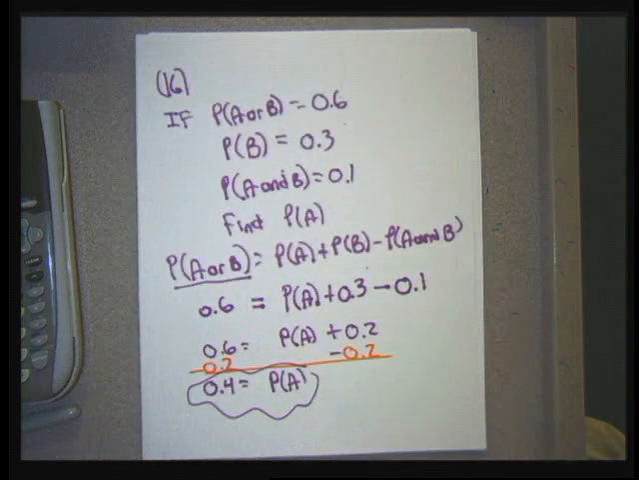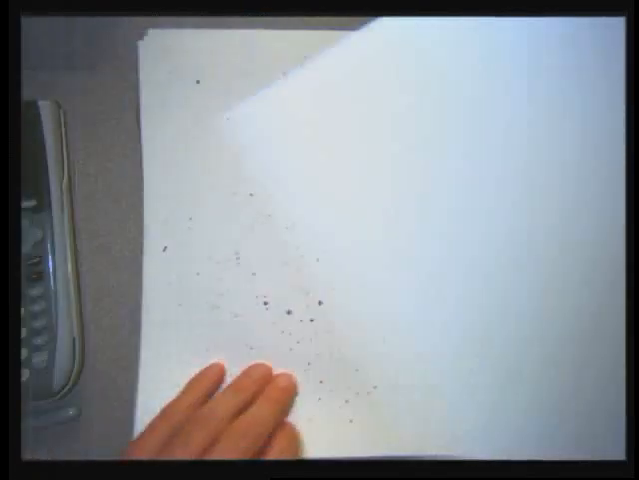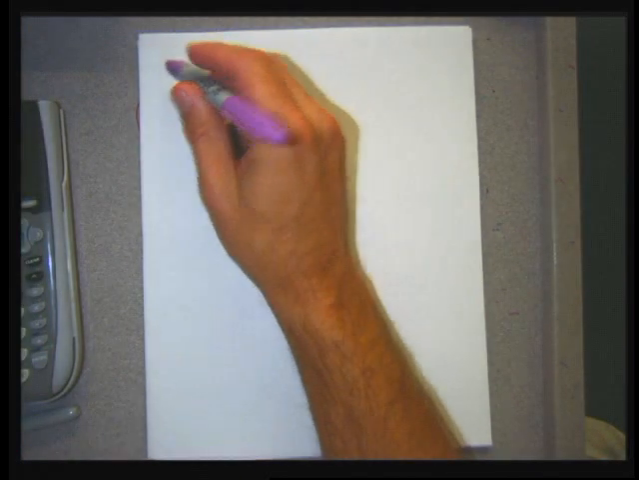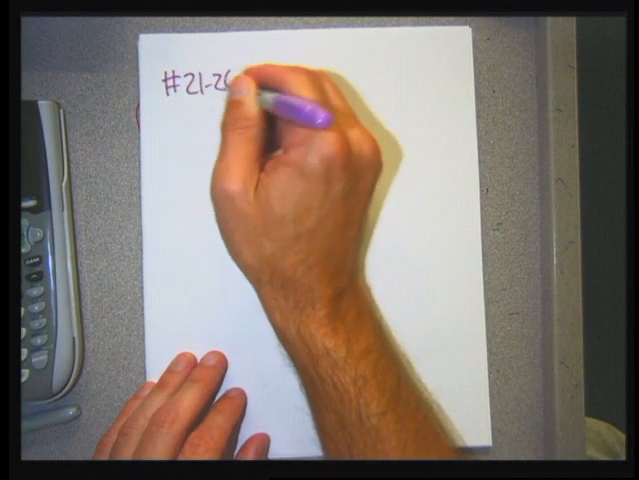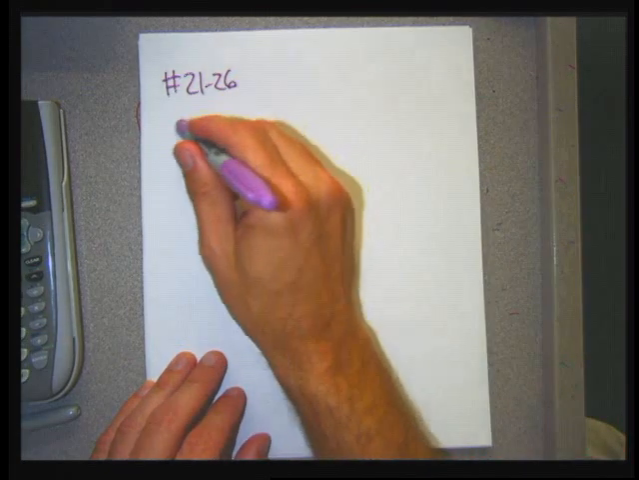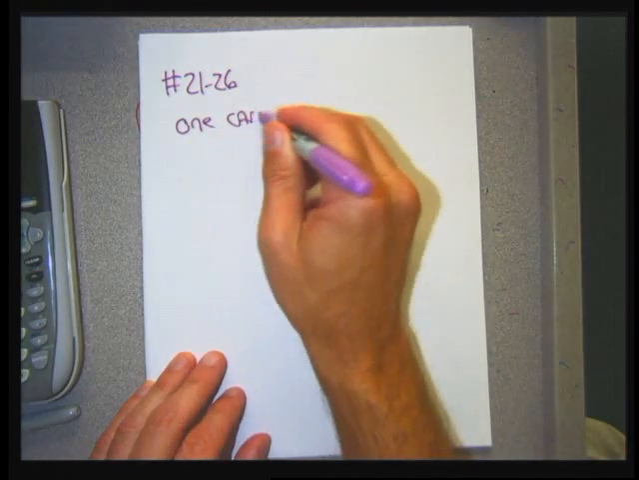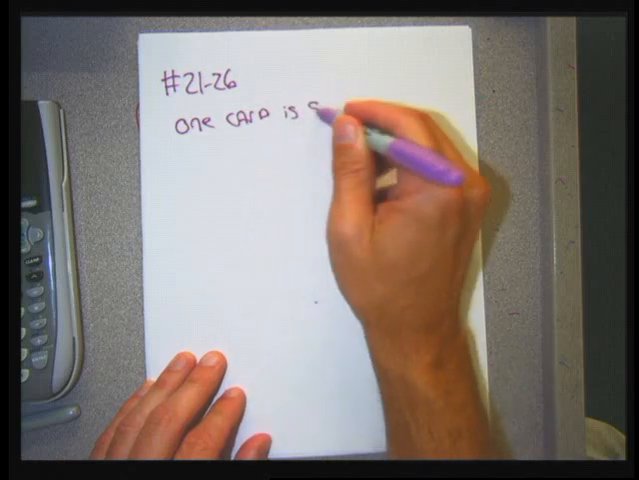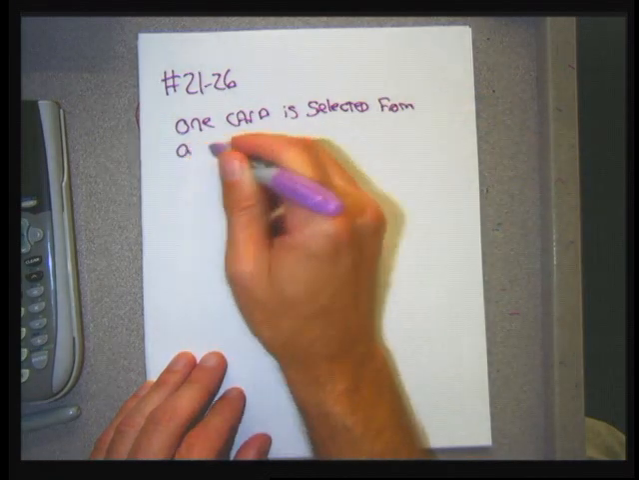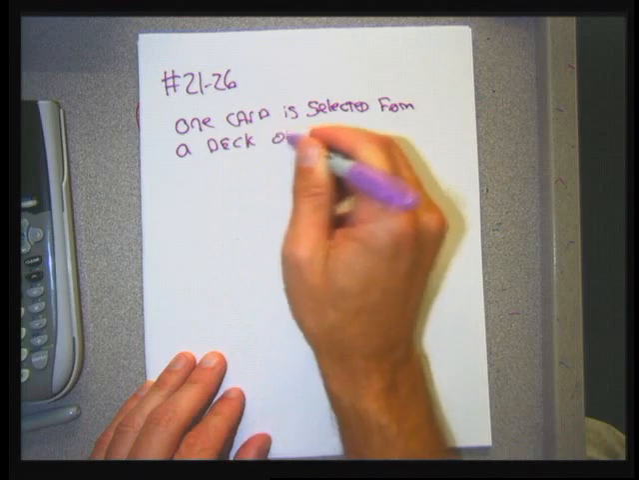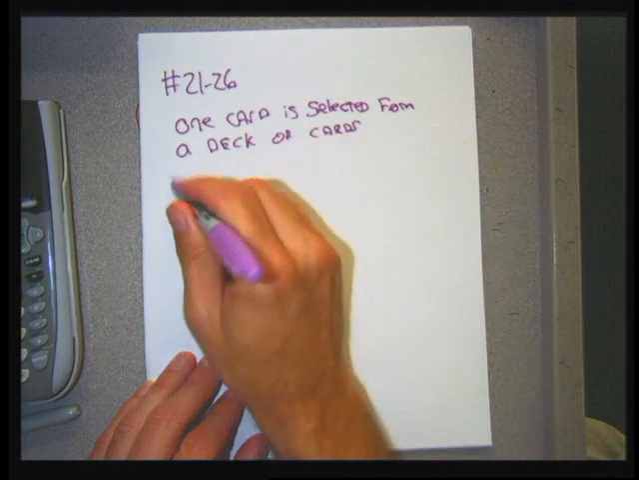21 through 26 all are card problems, and it's picking one card from a deck of cards, and the author wants me to compute some probabilities. And these problems are maybe more formula worthy than the others, but I don't really think they are that formula worthy. But you could do them with a formula. So 21 through 26, the author says one card is selected from a deck of cards. Find the probability that